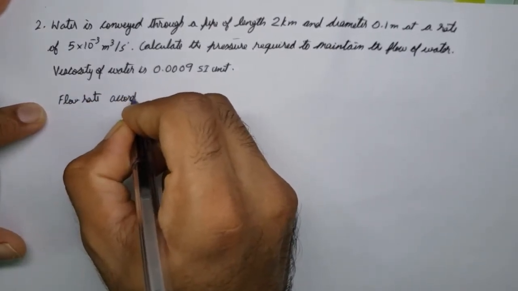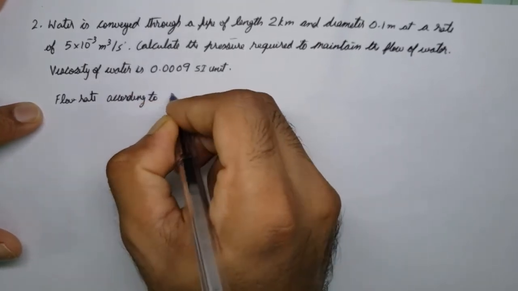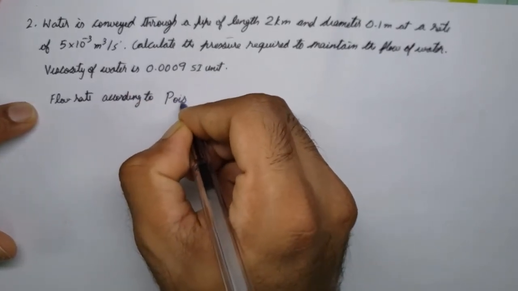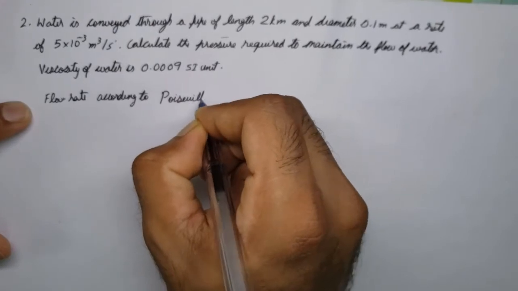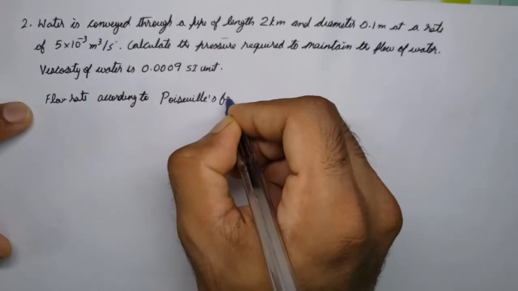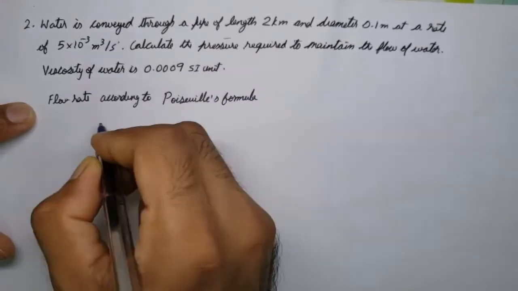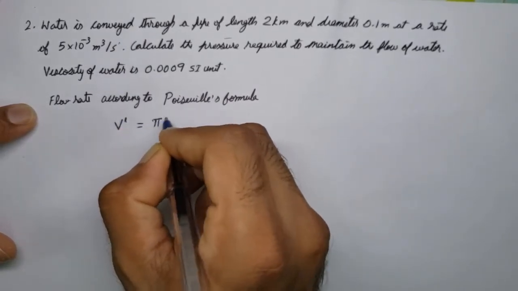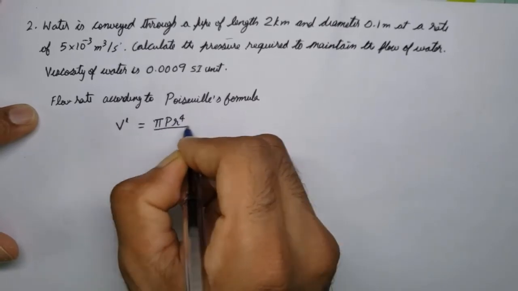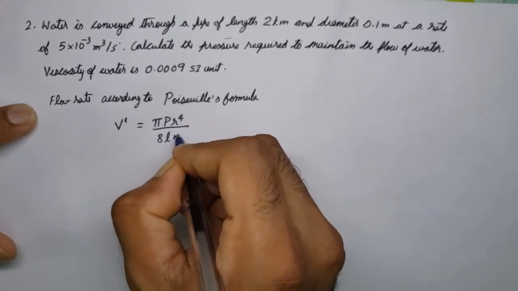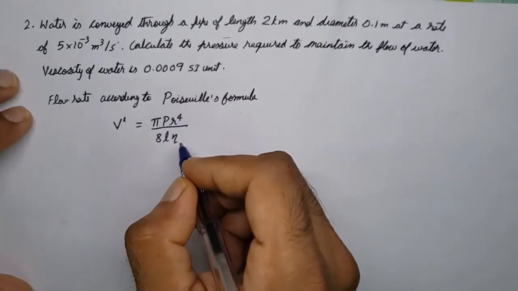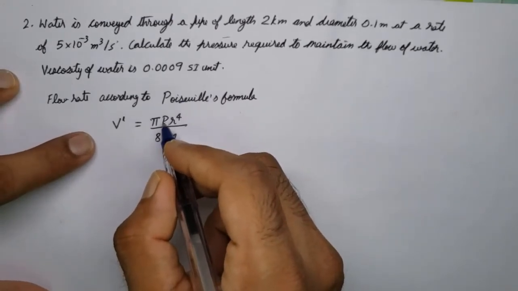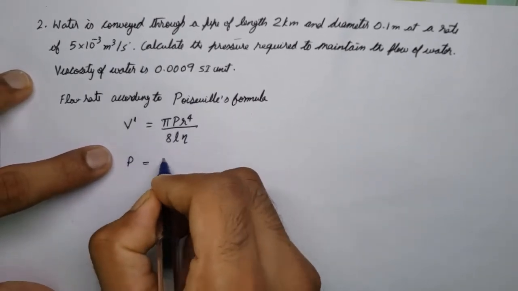According to this formula, V dash (flow rate) is equal to pi P r raised to 4 divided by 8 l eta എന്നാണ്. ഇതിൽ ഒരു ക്വാണ്ടിറ്റി എന്താണെന്ന് നമുക്ക് നോക്കാം. സോ വി നീഡ് ടു ഫൈൻഡ് ഔട്ട് ദ പ്രഷർ. സോ പ്രഷർ is going to be equal to,